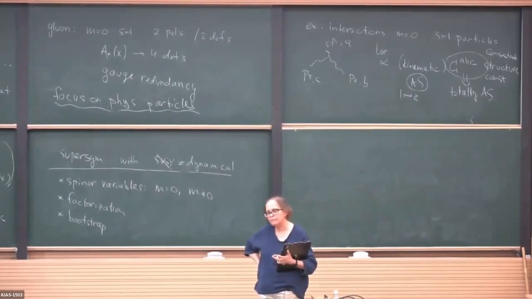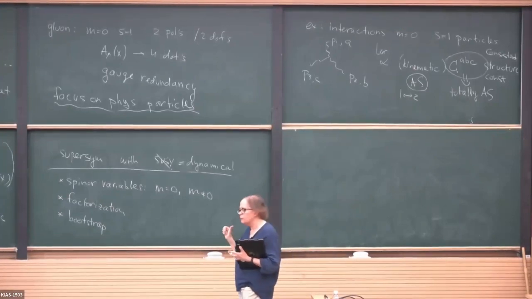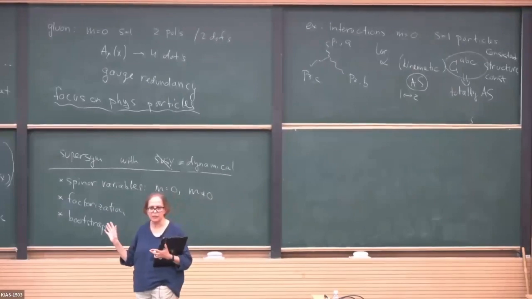Distinguish whether the statement only holds for tree level or loop level, but it sounds like it's still not completely independent from the Feynman diagram picture. So isn't it? No, there are many things you can do completely without Feynman diagrams. So does it mean that it holds even, but you still talk about the loop and tree level? Is it still independent from the Feynman diagram? Yeah, there are many things that you can do independently of Feynman diagrams. I'm not going to claim that you can reproduce all the results of QFT in this way, but many you can reproduce. Okay.